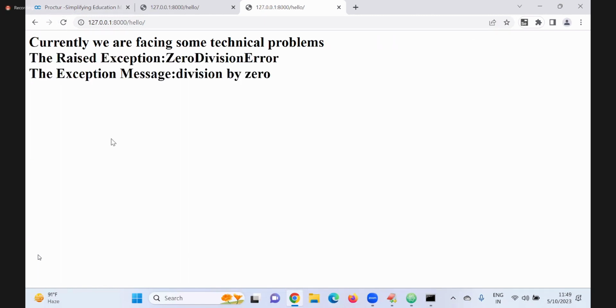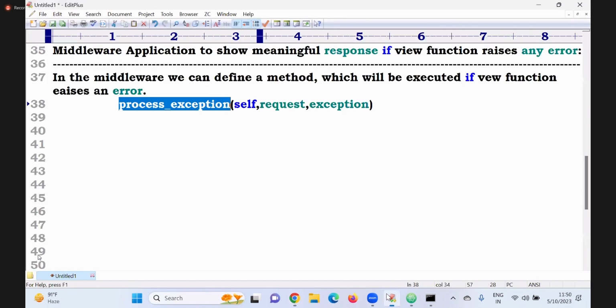Currently, we are facing some technical problems. The raised exception, zero division error. The exception message, division by 0, came. The problem can be understood by the end user. Sir, the story.